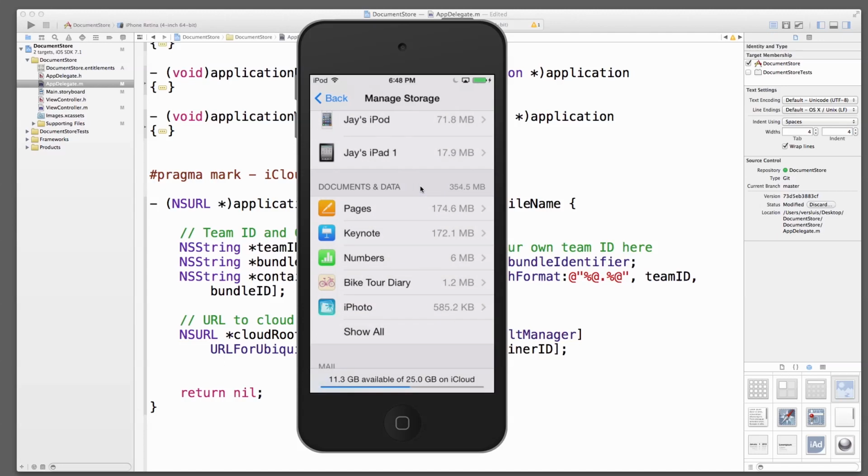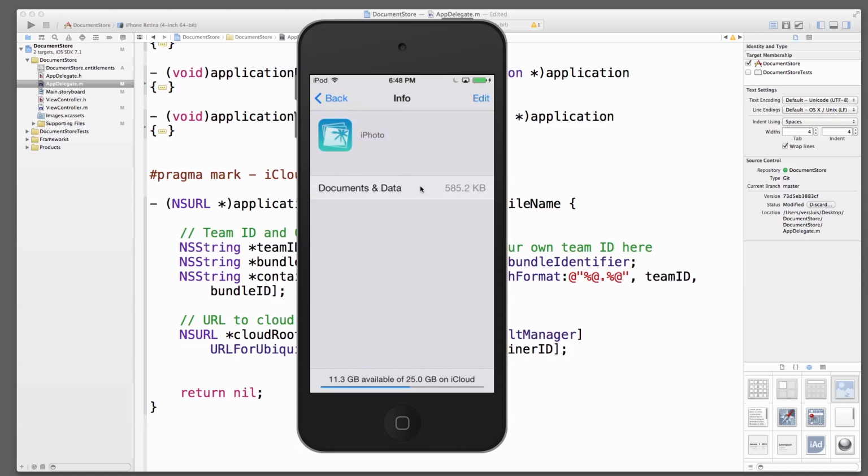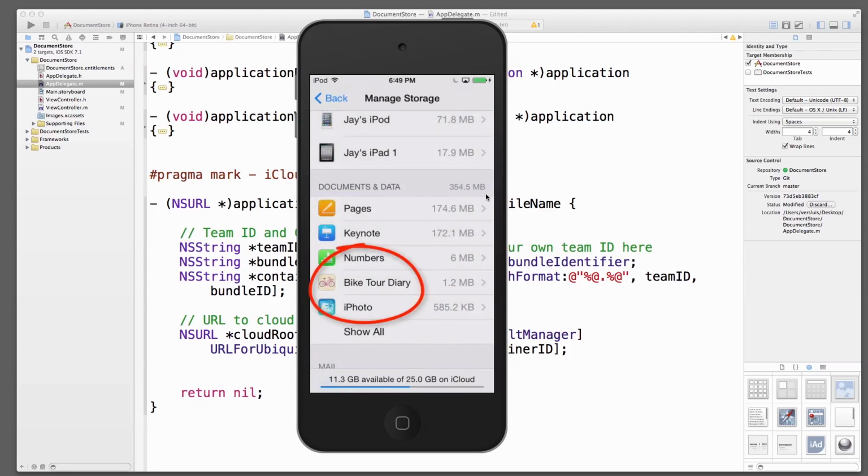documents and data. And the thing with that is, if you look at an app like iPhoto, which currently on my device has 585 kilobytes, if you go into that, you just see documents and data occupies that much space in iCloud. They have done it in a way that they're saving all the iCloud data in the cloud root folder, so it doesn't appear as individual items. If you go back, and I've written an app here, the bike tour diary, which has a lot more in